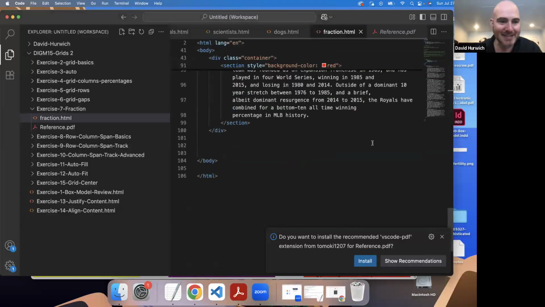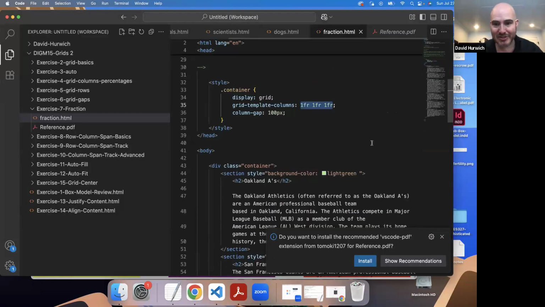Okay. The last thing I want to show you is you can write your CSS like this. This is perfectly fine and legal. You're going to see a lot of times, if you look at code online or watch some video on YouTube or whatever, you might see someone do this. This is called a repeat function. And basically what it does is it repeats whatever is inside of here. So for instance, if I say 3, 300,